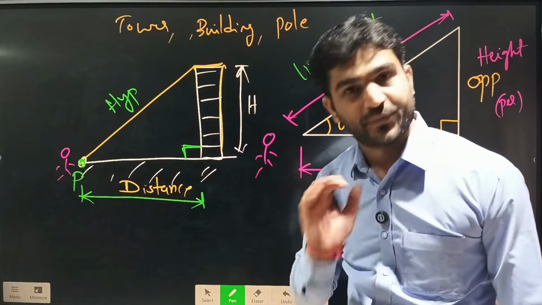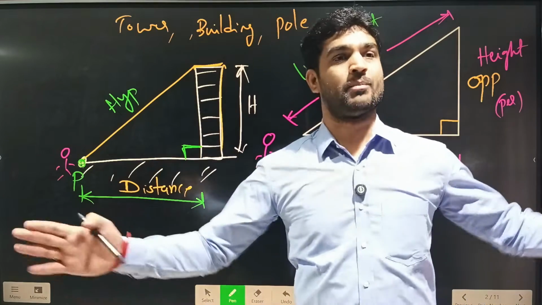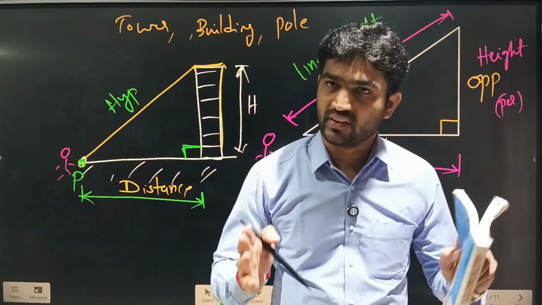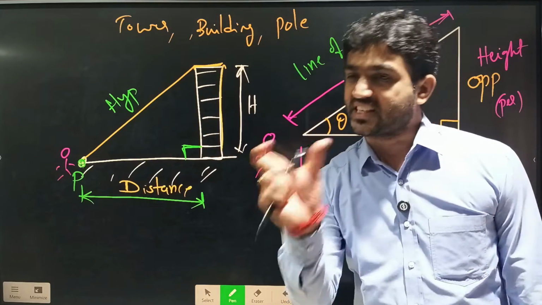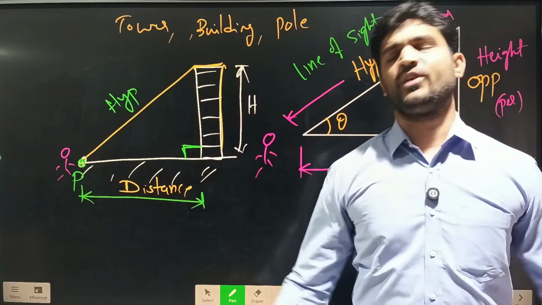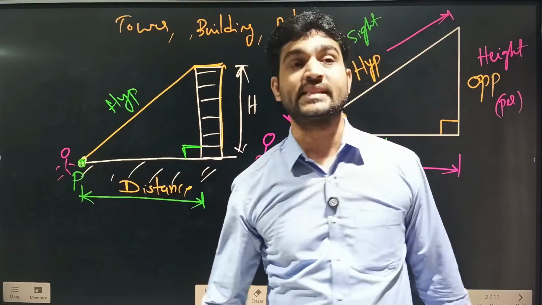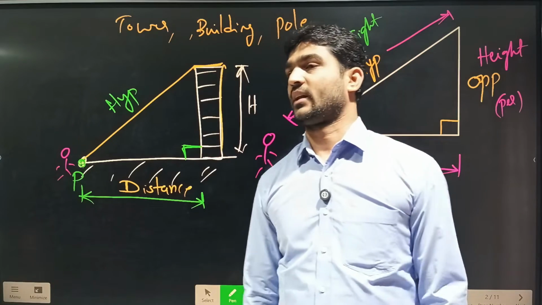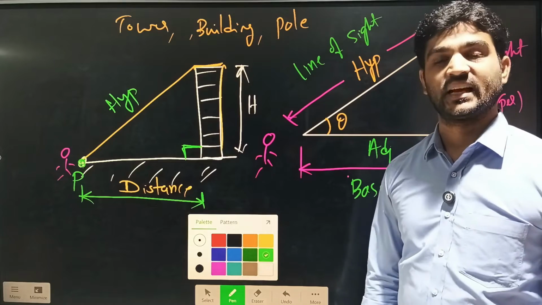And from a specific point, what is the distance between the poles, the distance between two poles, or between buildings. If you are going to consider any two buildings, the distance between the buildings, everything we can find with the help of this trigonometry. Do you understand? I mean by considering this right angle triangle, yes, we can find height, distance or line